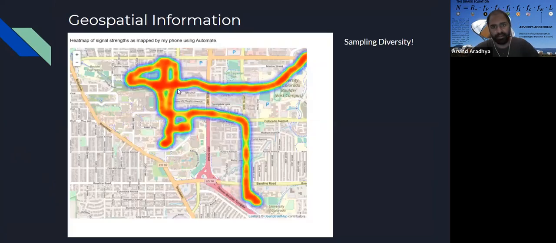So this is another map. Basically, wherever I went, obviously I was only on biking trails or running trails, there's a certain amount of signal strength. And you can see variation because of the multi-path stuff that I told you about. So this is something that we're interested in looking at, not only for the mobile frequency regions, but for other regions as well. So you could do this on your phone and you could plot it. So that's just one thing that I want to highlight.